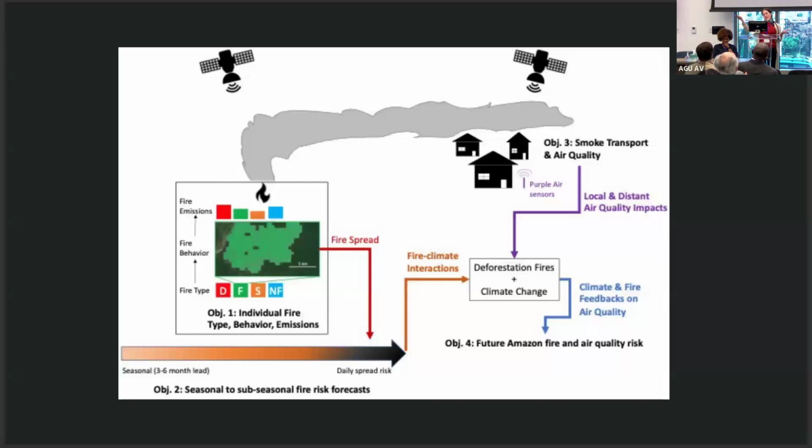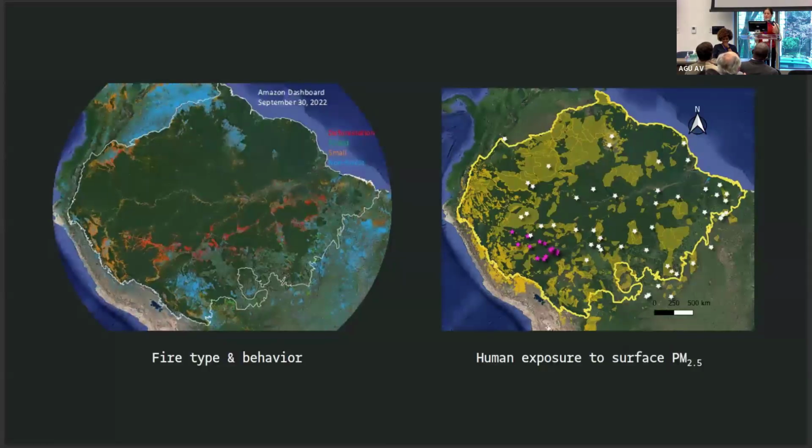I'll say that this data integration, asking these questions, wouldn't be possible if there hadn't been the satellite data, the modeling approaches and the deep investment in doing research in this space. So we're now in a place where Doug Morton and colleagues can tell us on a daily timescale not only what's burning, where it's burning, but what the fire types are. So we can say something about the fuel sources, and that can tell us something about the emissions.